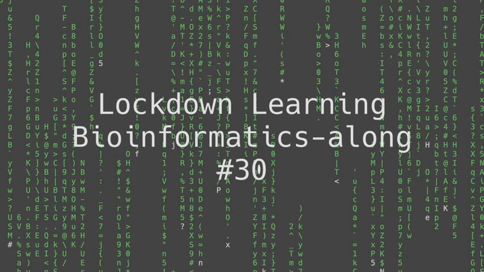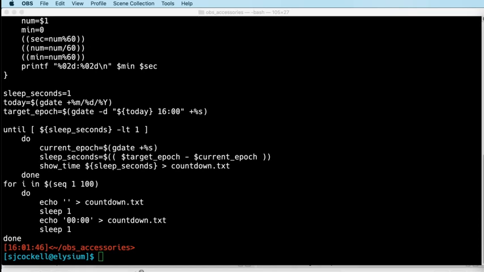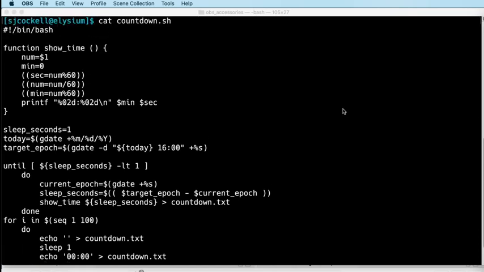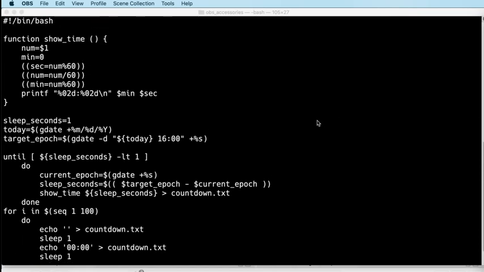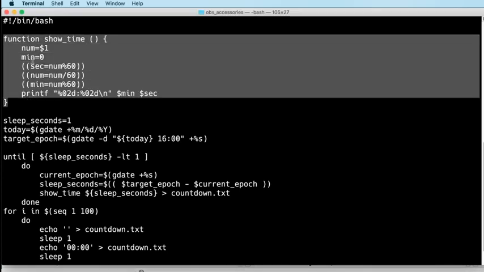So let's turn that off. There you go. So here is the script that I wrote yesterday. I've written a function in Bash. We never covered functions, but essentially you can use this like another Bash command. It can take arguments. So in this case, it takes a single argument, which is a number, and it converts it into the number of minutes and the number of seconds left in a countdown, which is calculated in seconds. And then